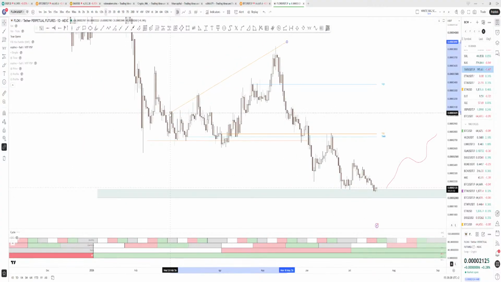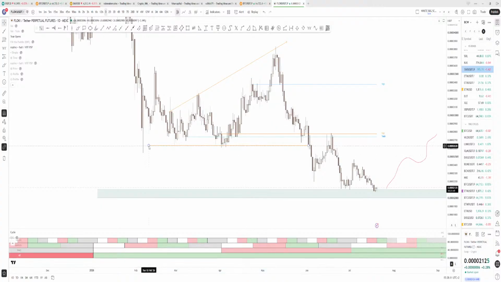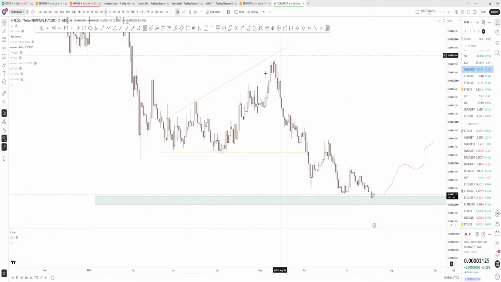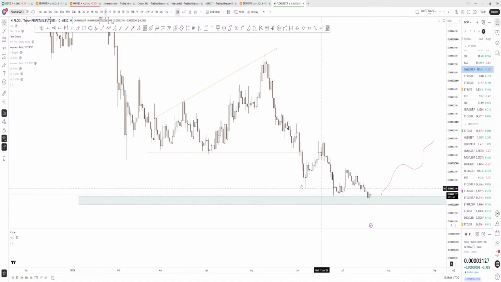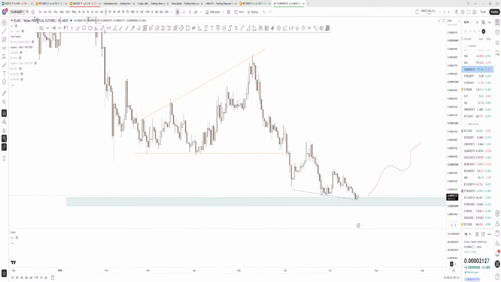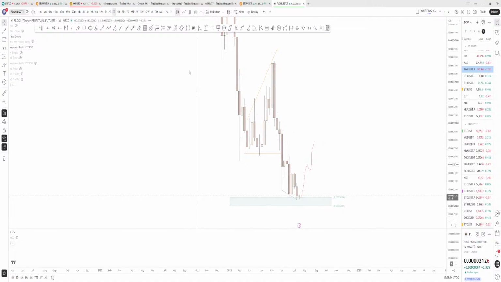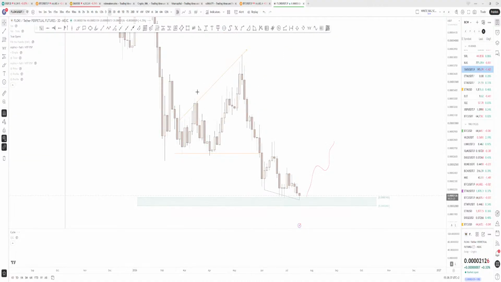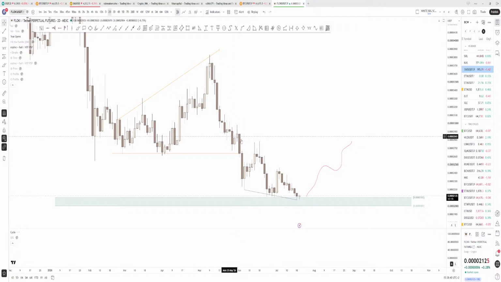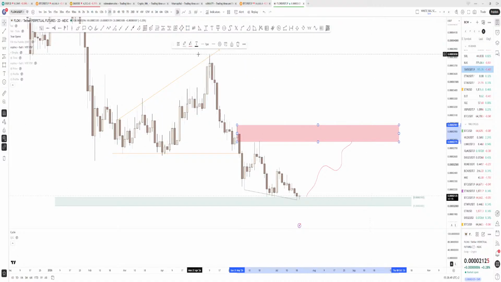I think I will actually long it very, very soon because look how beautiful this free tap key level hit right now. We possibly have also a free drive here. People will say that there was this triangle. Forget triangles, they're not good. But if you go on weekly, or we have to go like 3-day, maybe even 2-day only, there was this level hit. See, we got a reaction off these levels. So if this is flipped again,